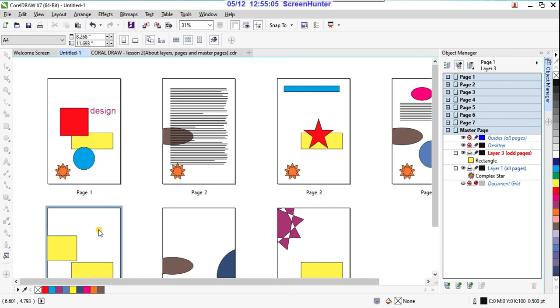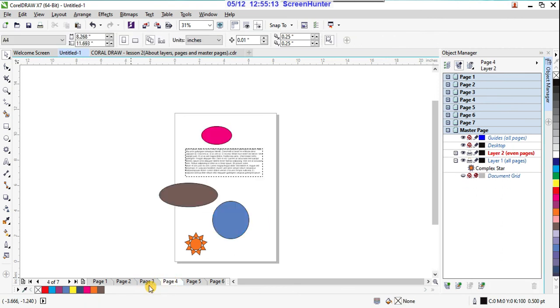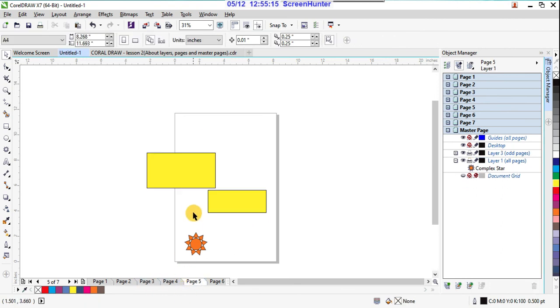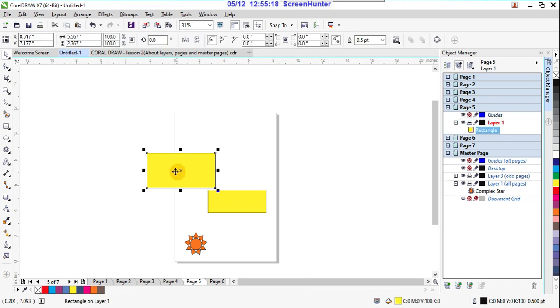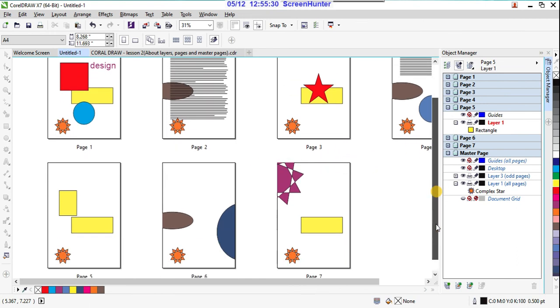Suppose here in this page, I'm giving the page sorter view. Yeah, it is there on the 5th page. So I want to move it a bit inside this page, right? Yes, move inside and again use the space bar, and now see your design, it is now inside. That means the desktop itself, this option, is protecting your objects or your designs, right?